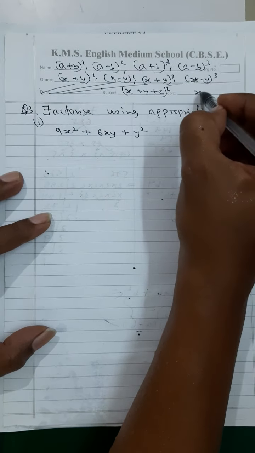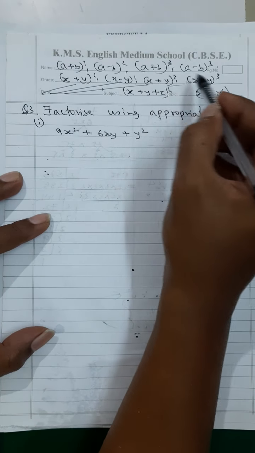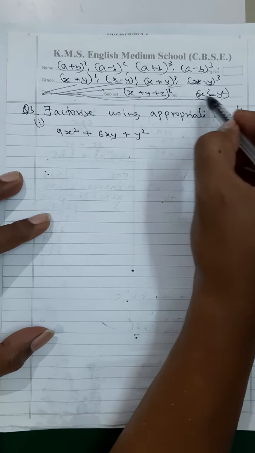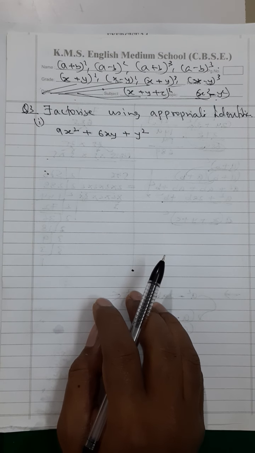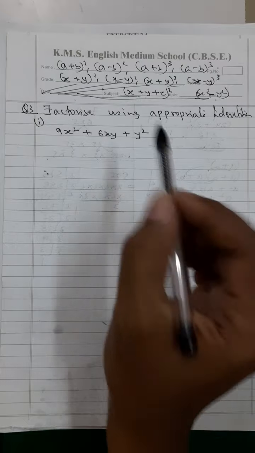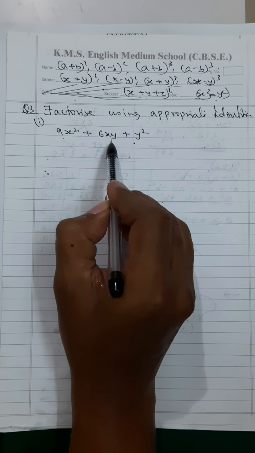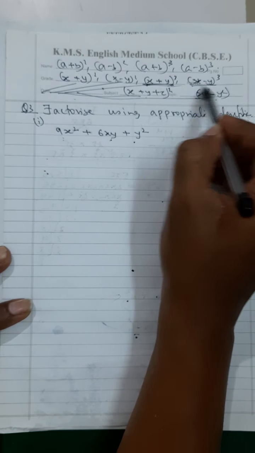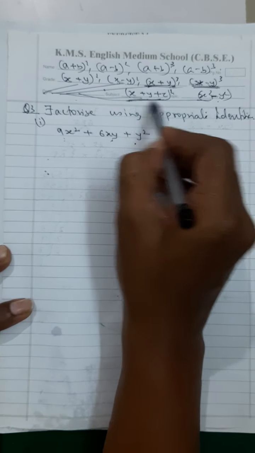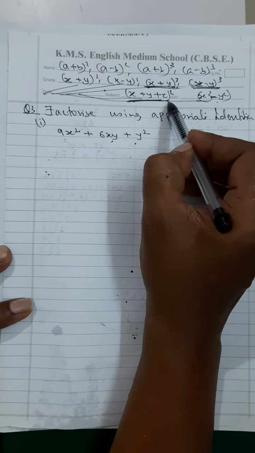Also, of course, x square minus y square. Okay, 1, 2, 3, 4, 5, 6. Out of this, this can be transferred to whom? You have to understand that. So first of all, when there are only three terms, then definitely it cannot be a form of x plus y the whole cube or x minus y the whole cube. Neither can it be x plus y plus z the whole square. Okay, it cannot be out of this.